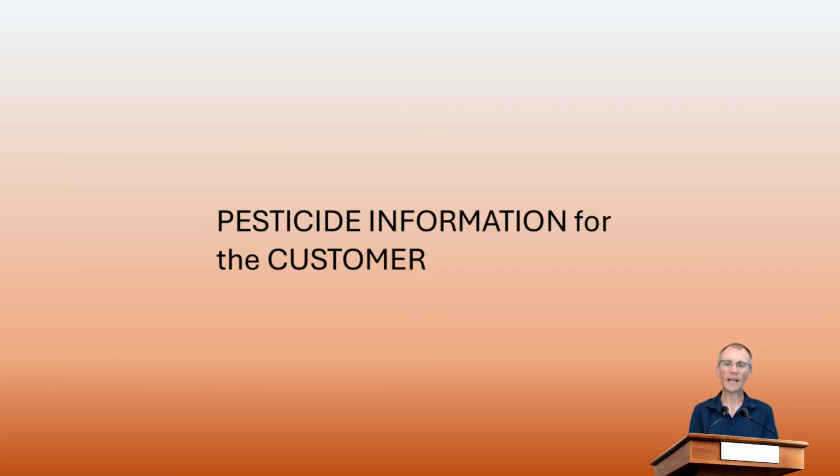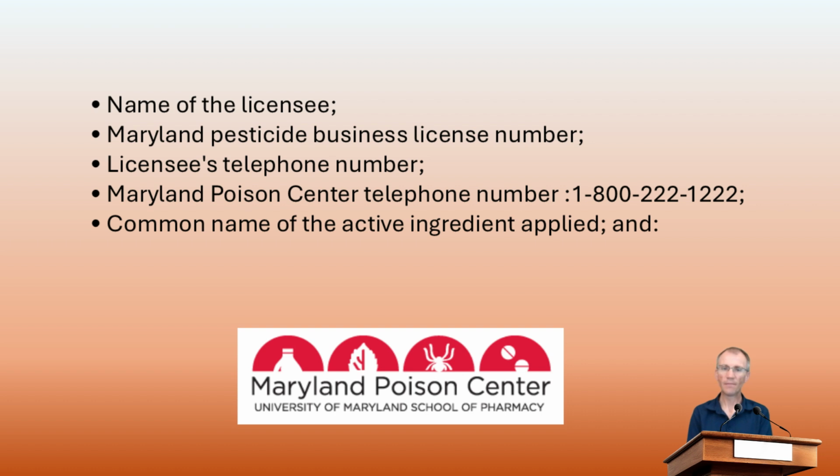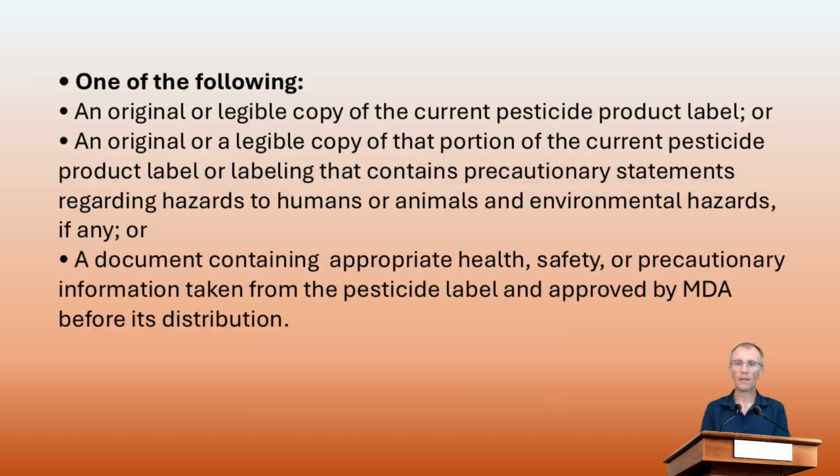Let's talk about pesticide information for the customer. When a pesticide is applied, or at the time a customer enters into a contract for pest control, the licensee must provide the customer with the following written information: name of the licensee, Maryland Pesticide Business License Number, licensee's telephone number, Maryland Poison Center telephone number 1-800-222-1222, common name of the active ingredient applied, and one of the following: